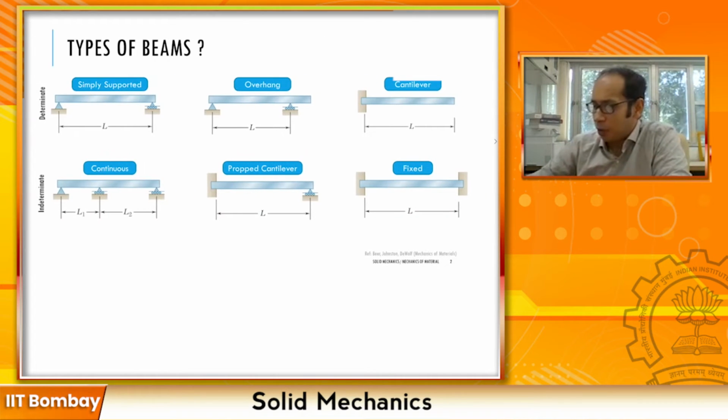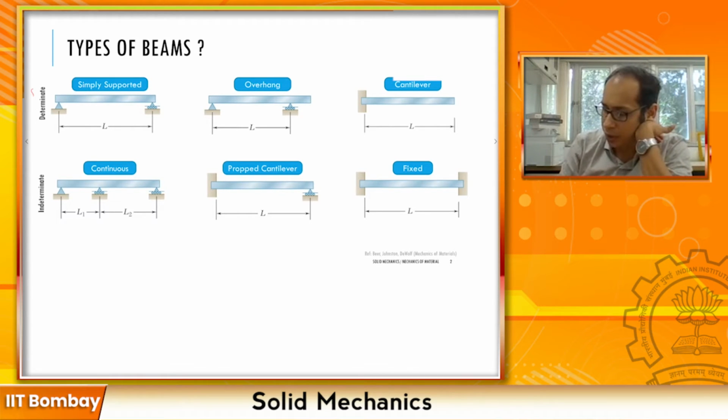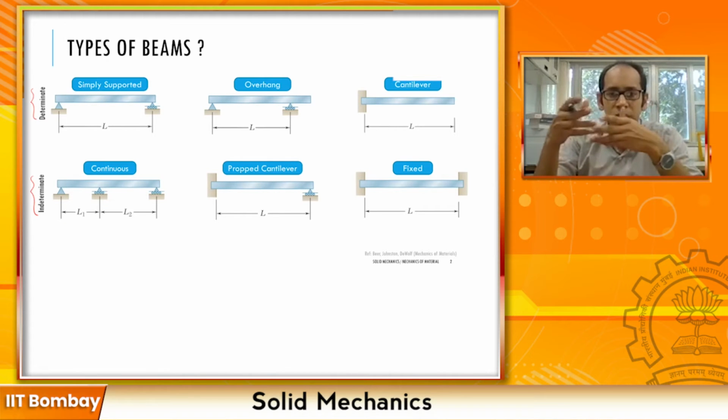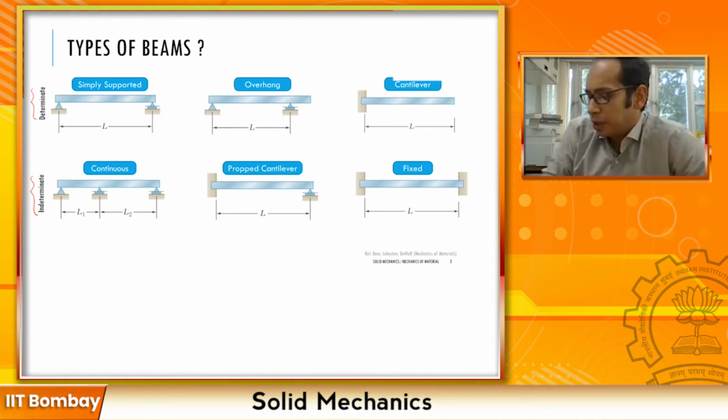So overall, as you know, beams, depending upon the types of support, you can classify them broadly into determinate beams and indeterminate beams over here. Now, we will come back to all the different types of beams that you see over here in a minute, but before we go over here,